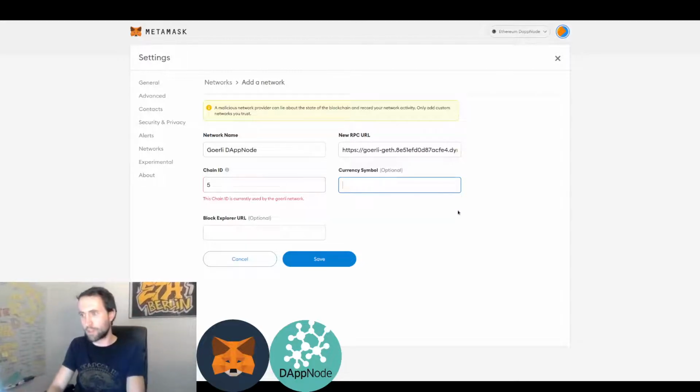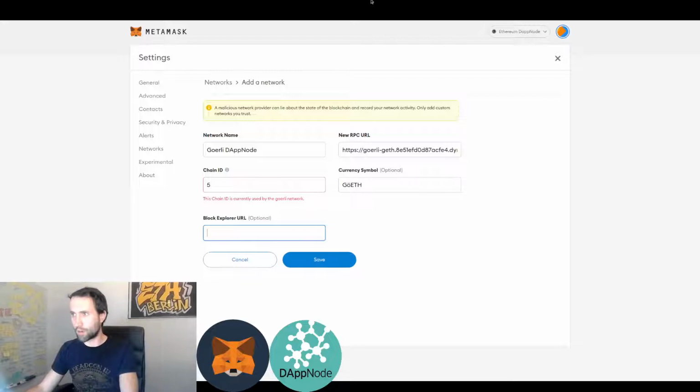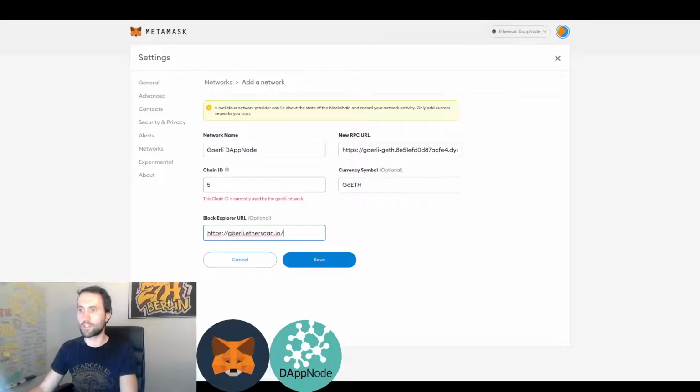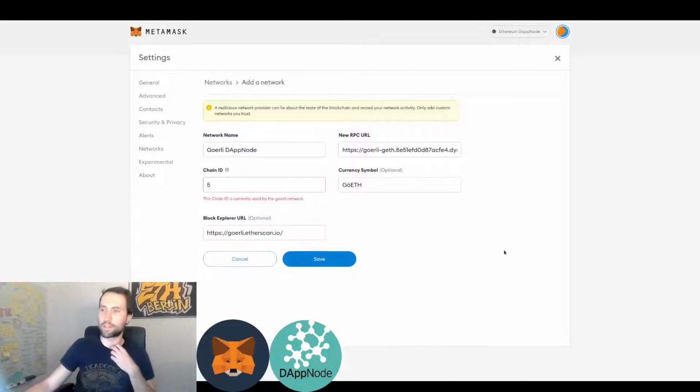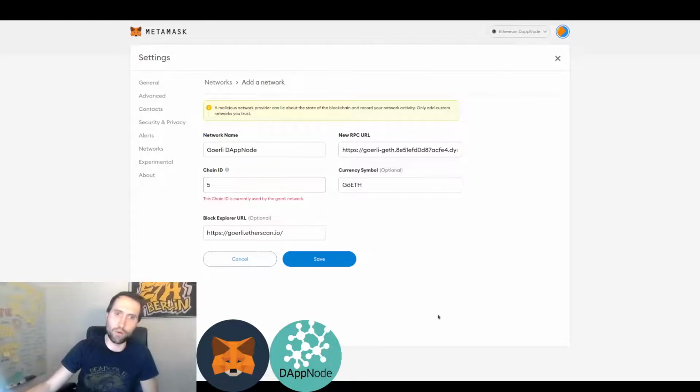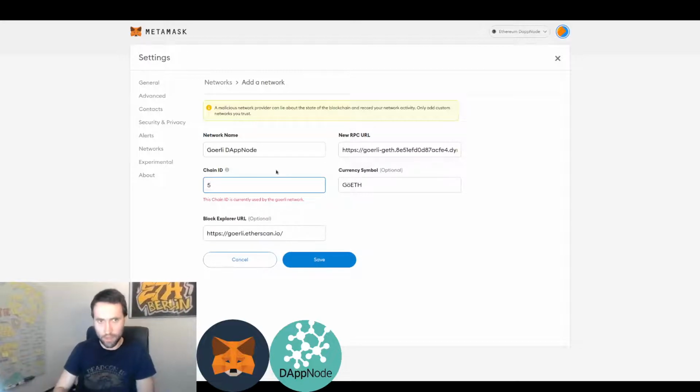The currency symbol, I think it defaults to ETH, but let's just call it Goerli ETH. The block explorer, let's use Etherscan here. It's just convenient if you use goerli.etherscan for a testnet, it can automatically link your transactions. And it gives you this red warning: this chain ID is used by the Goerli network. It's actually not a warning for us because we want to add the Goerli network. It just complains because MetaMask comes with a Goerli built-in endpoint already, so it believes it's a mistake that you want to add it. But yes, I want to run my own Goerli node, so I will connect my own